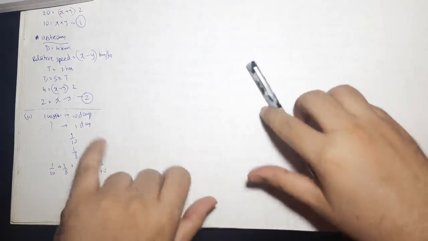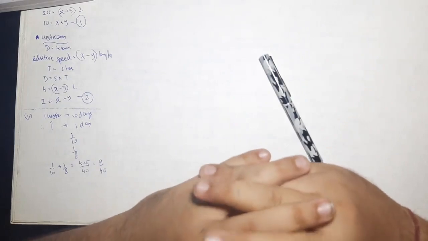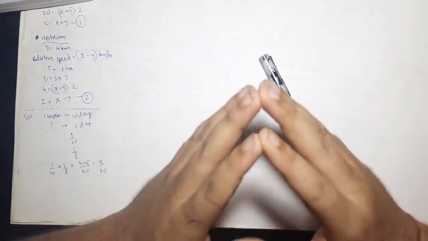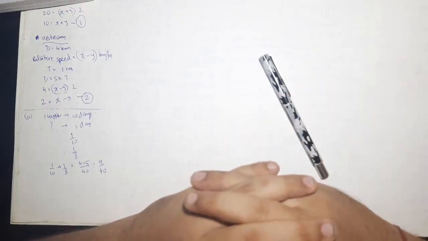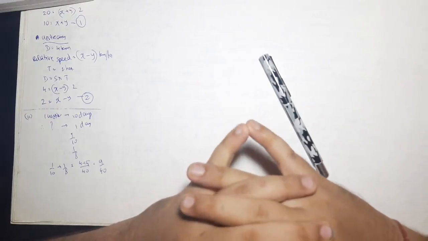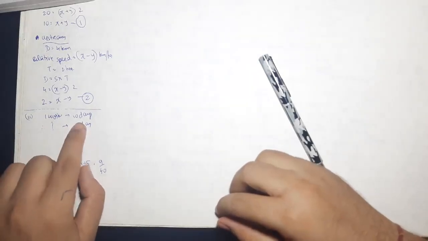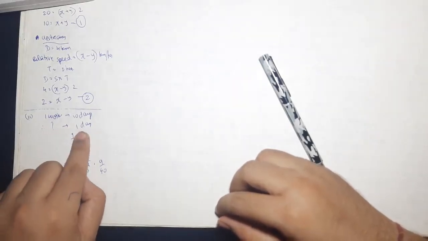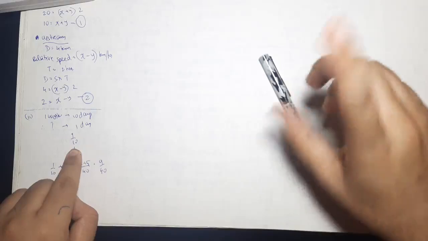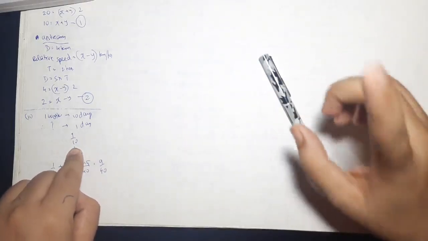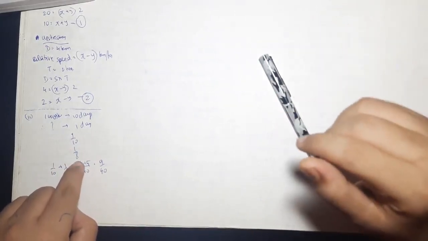I'm explaining it again. A person used to complete the work in 10 days and another person used to complete the work in 8 days. If they work together, how much time would it take to complete the work? We cannot compare the work directly with the number of days. We have to compare the one day work of all the workers. If one work is completed in 10 days, how much work will be completed in one day? By cross multiplication, 1/10 of the work can be done. That means the first person does 1/10 of the work in one day. Similarly, the second person does 1/8 of the work in one day.